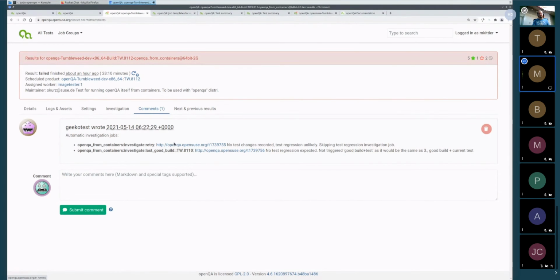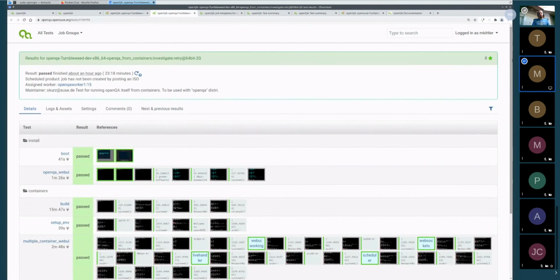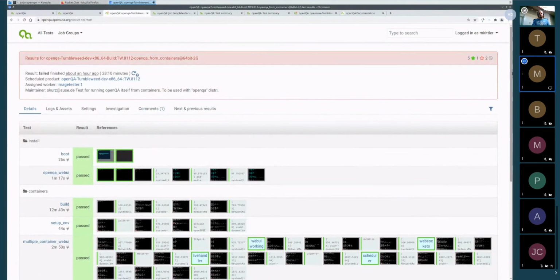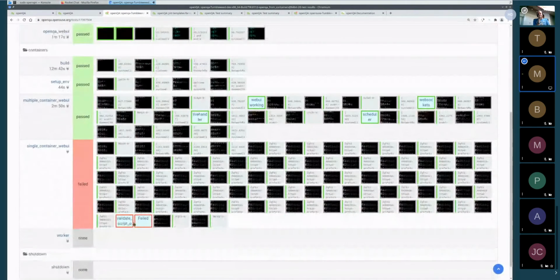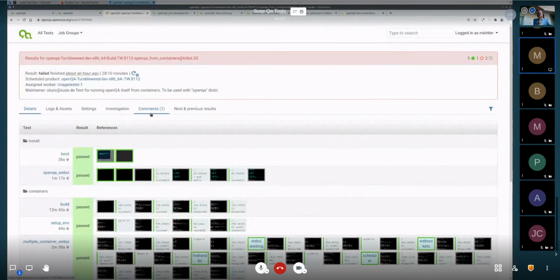Yes, and of course here it says it triggered some retries, so we could, for instance, check whether they pass or not. So this is the retry, it passed. What does that tell us? That the issue or the test or the code under test is not quite stable. It could be that retry refers to